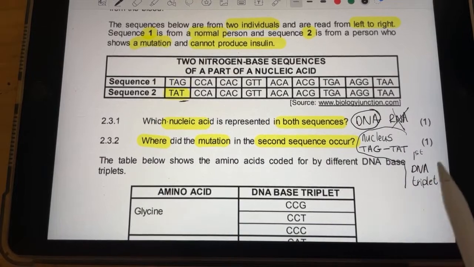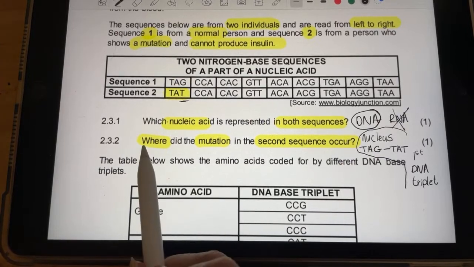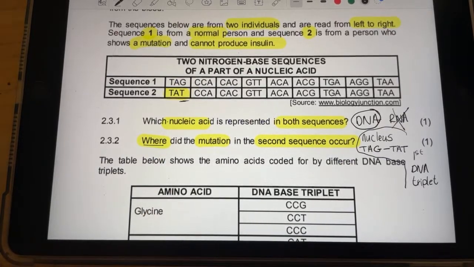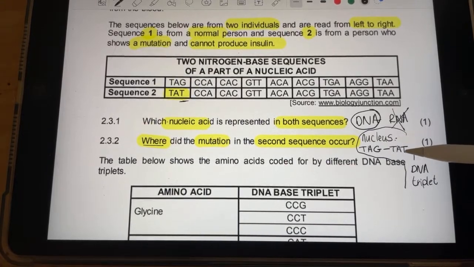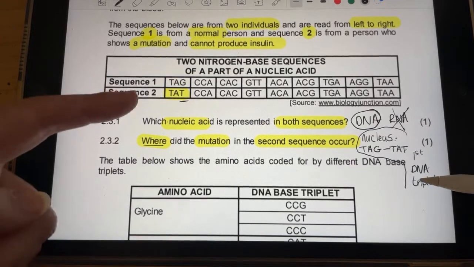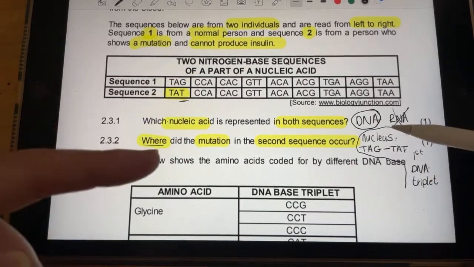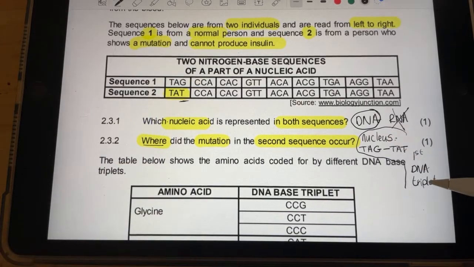I know it's quite a long sentence for 1 mark, but what you're doing is making sure that you've covered all your bases when they say where. Because remember, you don't have the memo in front of you. You don't know if they're trying to focus on the location within the cell or the location within the DNA. You're not sure, and we can't compare all the time because obviously you won't in an exam. So cover your bases and tell me where it's happening in the nucleus, where it's happening in terms of the letter change in the sequence, and where it is physically in this table. It is the first DNA triplet. So you've covered all your bases by putting this in all one sentence.